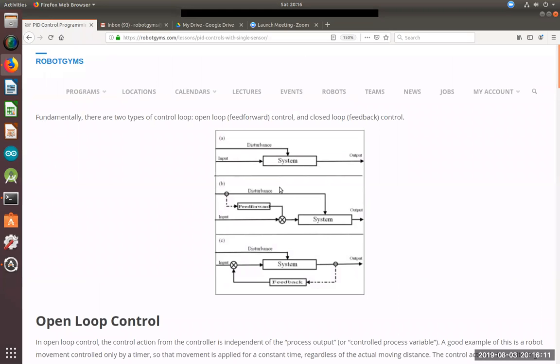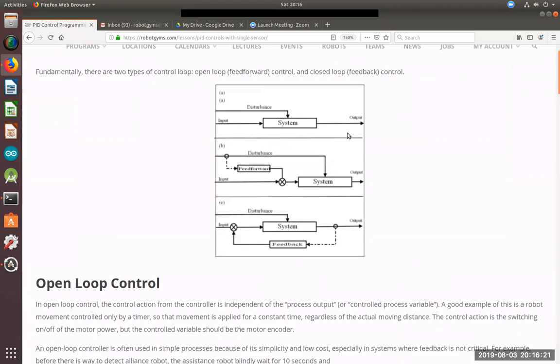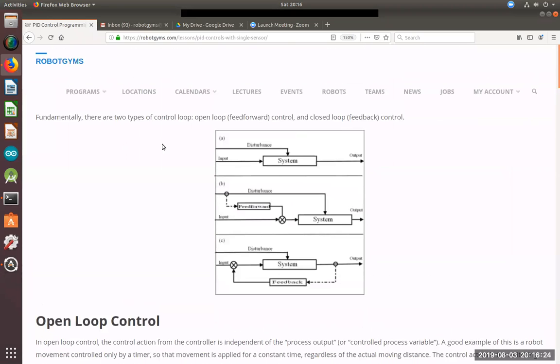Okay. Today we are going to introduce a very useful topic. This is called PID control. All right. So in the last few lectures, we learned motors, we learned sensors, right? So in the homework, you learned how to control all kinds of motors, and you also learned how to